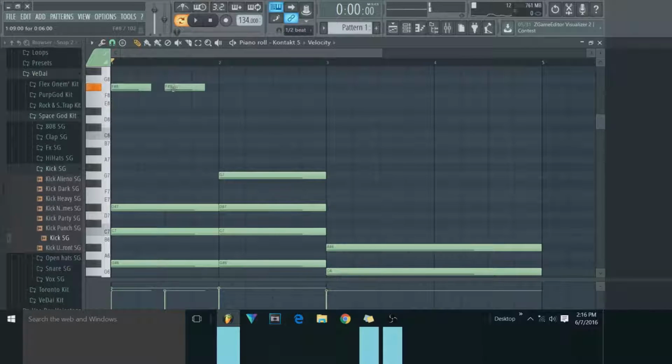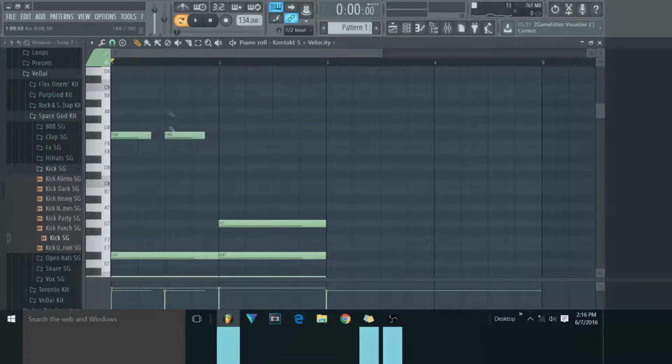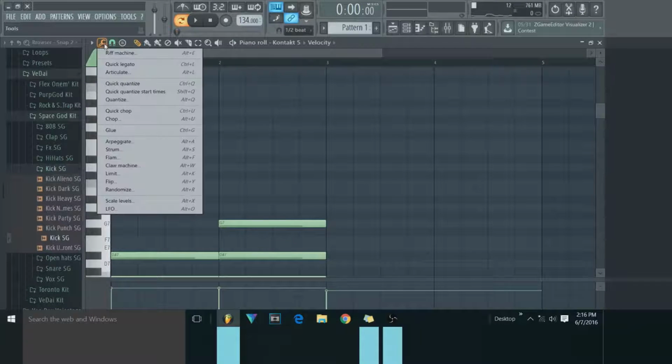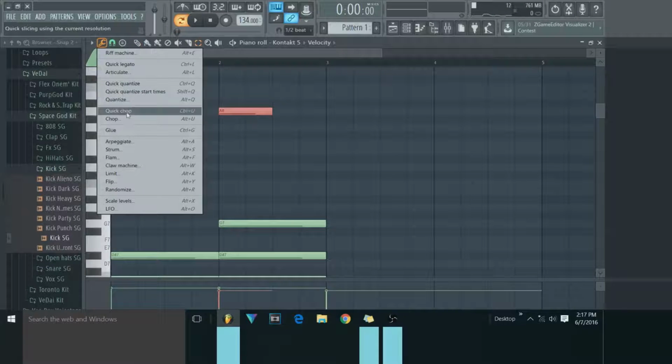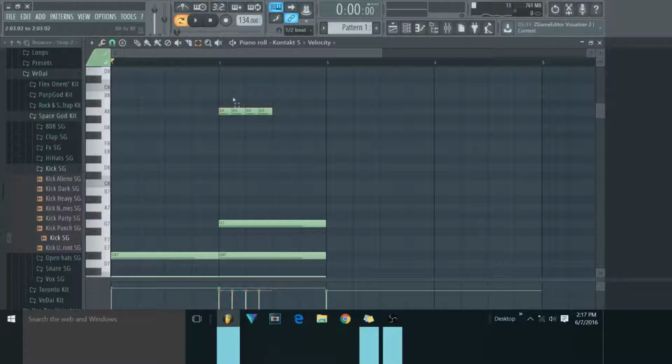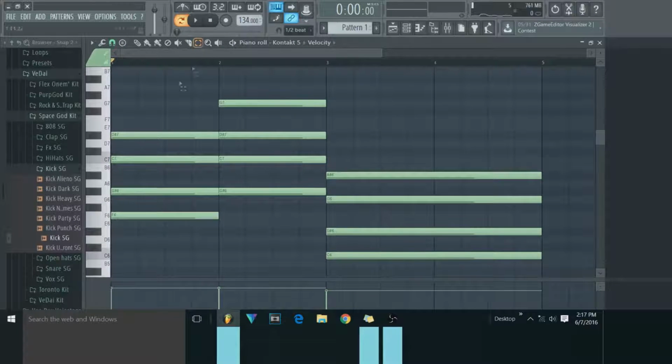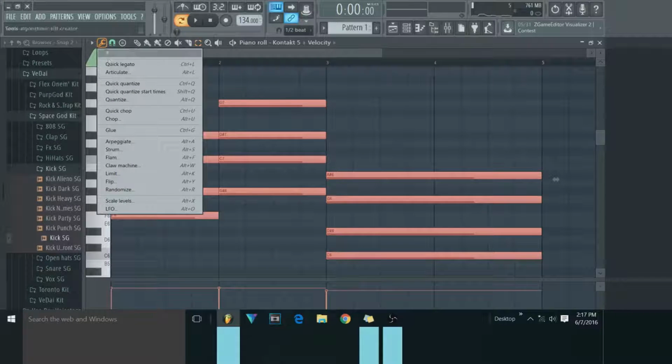Quantize, it just puts everything on the grid. I don't really have to. I'm pretty sure you've used that before. Quick chop. You should know what quick chop is if you mess around with hi hats. I'll show that with the drums too, so you don't have to worry about that. But right now, when they're trying to make a melody out of this,